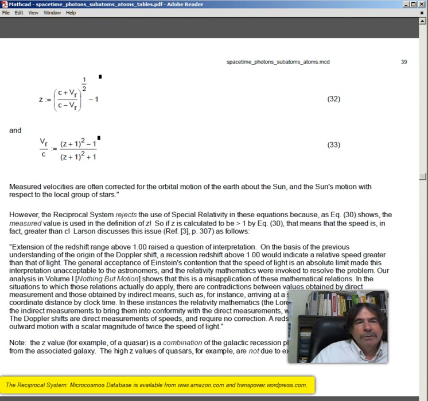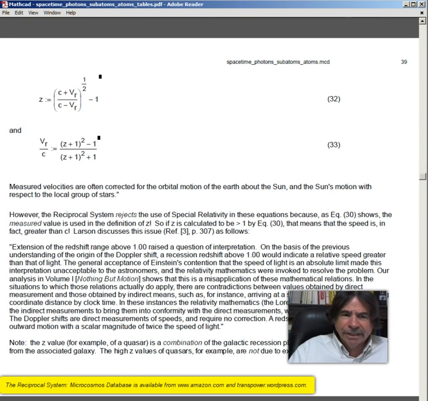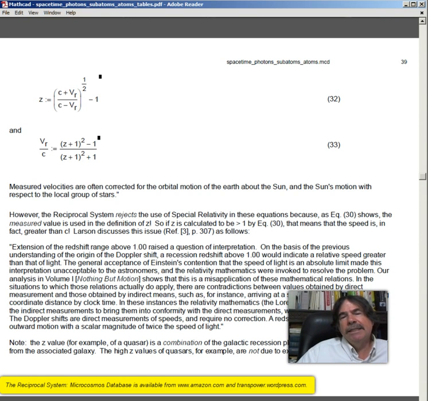Measured velocity is often corrected for the orbital motion of the Earth about the Sun and the Sun's motion with respect to the group of stars. However, the reciprocal system rejects the use of special relativity in these equations because, as equation 30 shows, the measured value is used in the definition of z. So if z is calculated to be greater than 1 by equation 30, that means that the speed is, in fact, greater than c. Larson discusses this issue in reference to page 307 as follows,